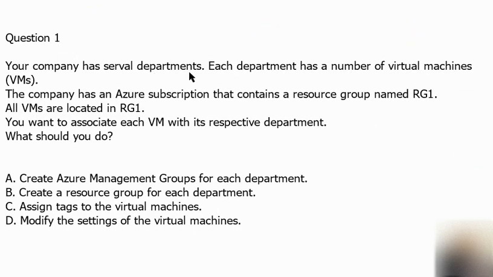Your company has several departments. Each department has a number of virtual machines. The company has an Azure subscription that contains a resource group named RG1. All VMs are located in RG1. You want to associate each VM with its respective department. What should you do? Okay, so we are here, the keyword is department,